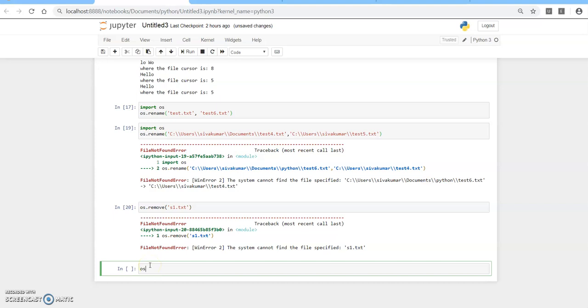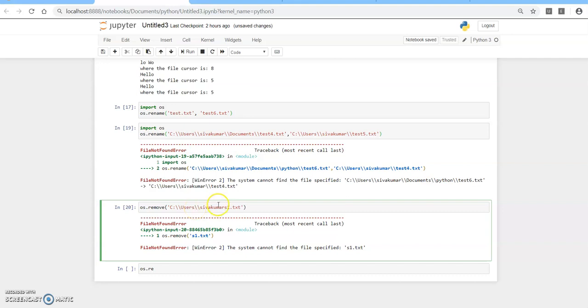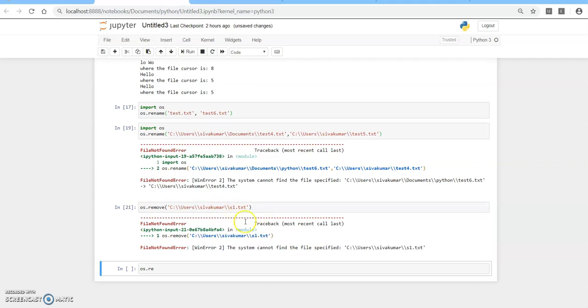So os dot, or else I can do it here itself. I'm pasting here C:, and since the backslash has a special meaning, to suppress the special meaning we include one more slash. Then the file is in the location. Now you press Shift plus Enter to run this. Again it's showing an error for os.remove. What is the error? The system cannot find the file